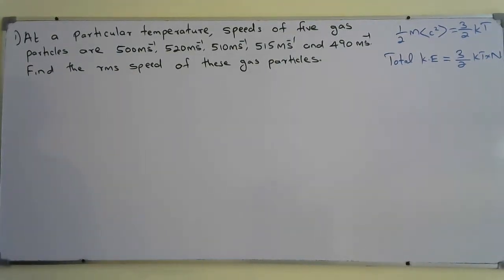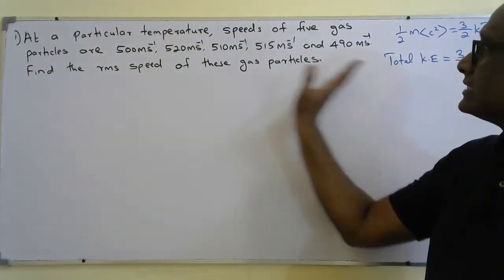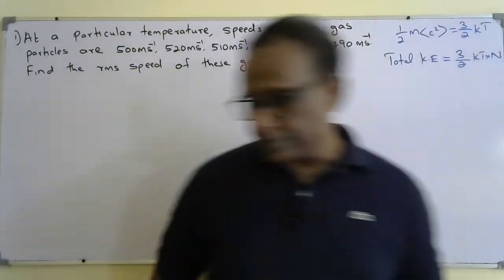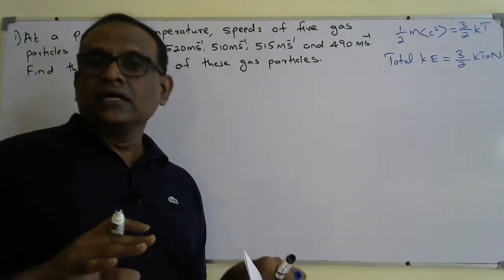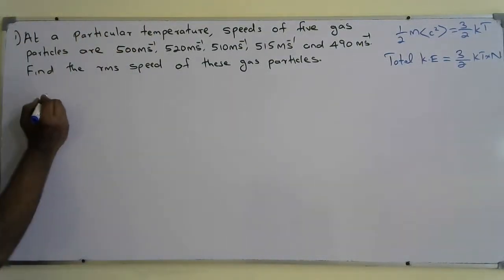Okay, so first question in gases. There are 5 different gas particles and their speeds at an instant are given. The question is, find the r.m.s speed of these gas particles. So r.m.s speed, you know, we need to square each of the gas speeds and divide by the number of gas particles and take the square root of it. So r.m.s speed